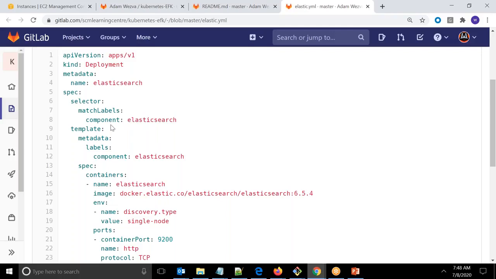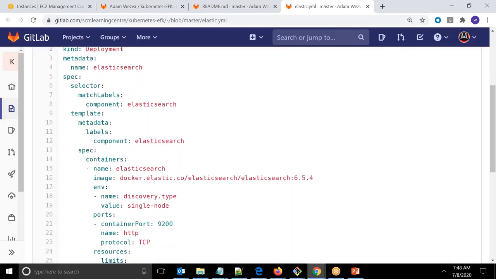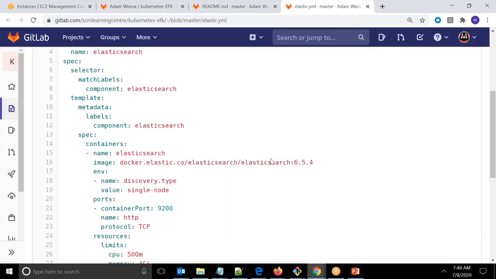Further down, I'm trying to define the container, and for the container I'm using Elasticsearch, a particular version. So it's going to download it from this specific registry and download